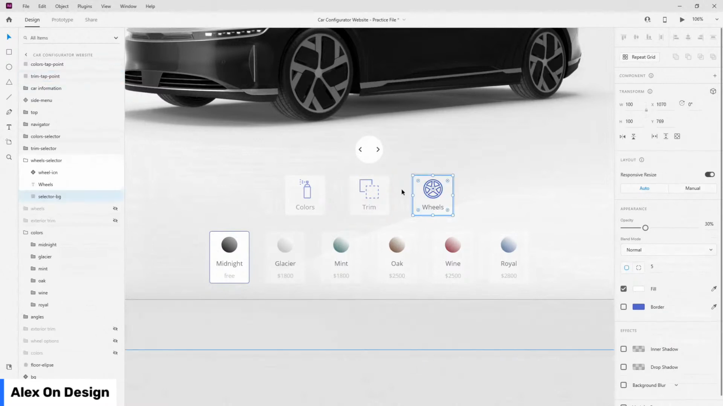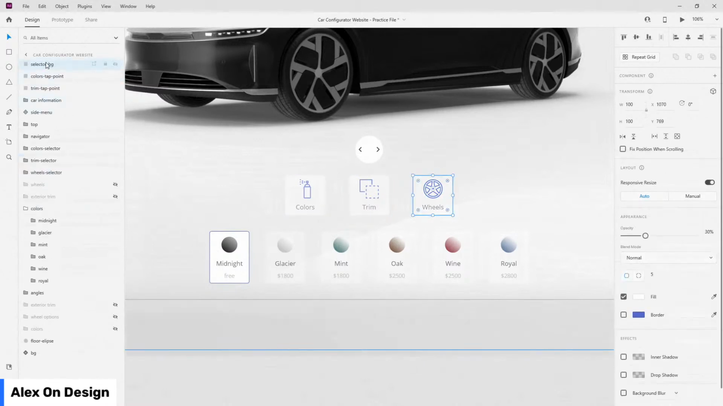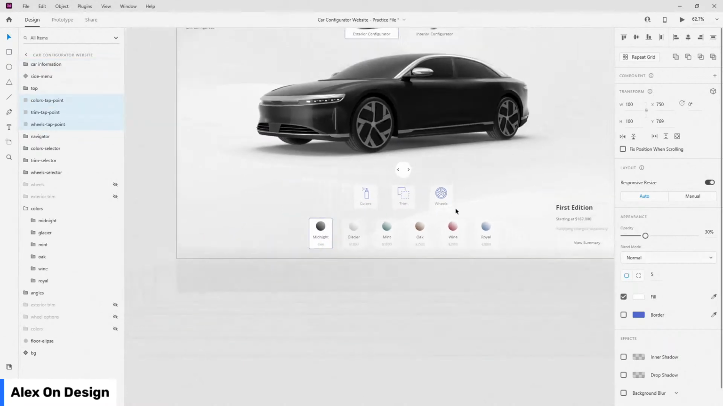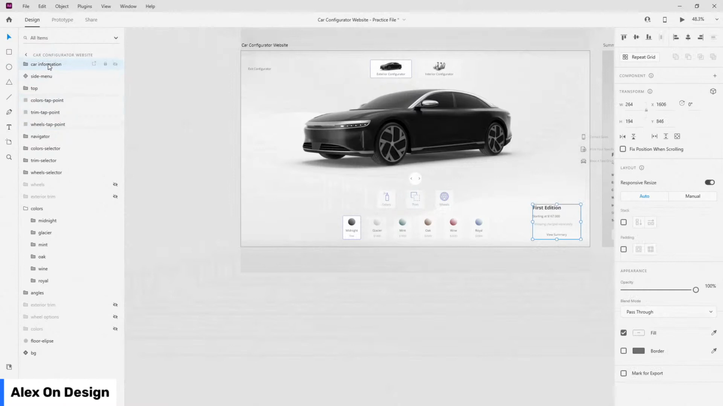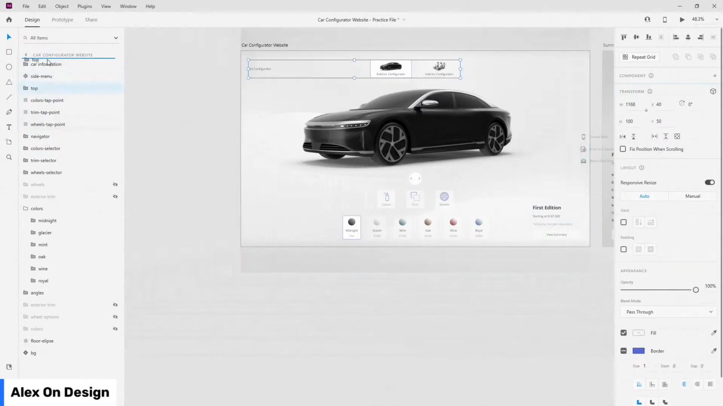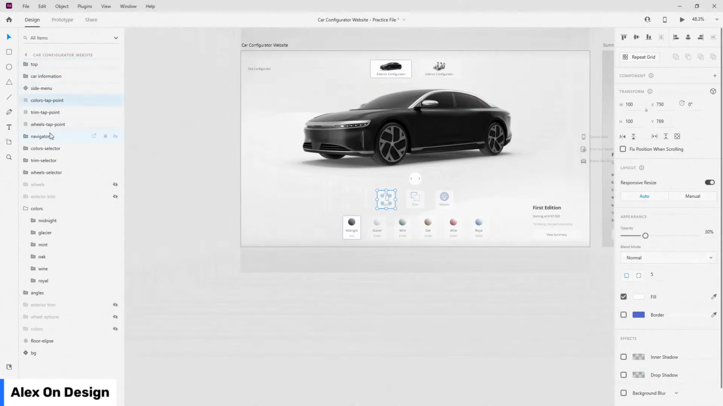And then finally select this one, Control C, Control V, move it just below, call it wheels tap point. There we go. And now I can nudge them all down. So let's see, car information. Now comes the hard part where I actually have to organize all of these. So let's see, car information is this down below. Okay, so side menu and top. So let's organize that. And we are going to put them all right here,